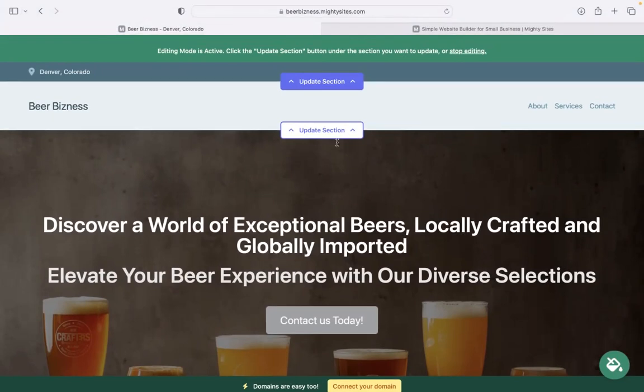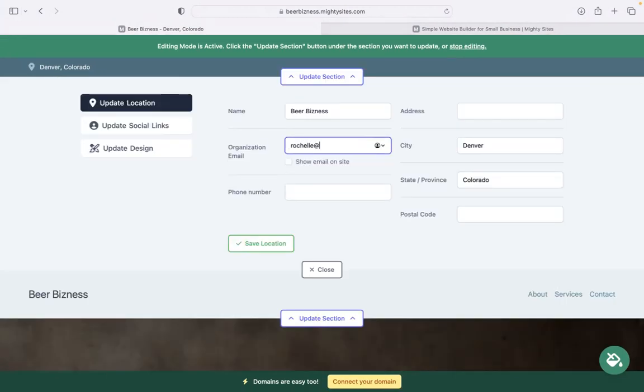I'm going to click on the first section at the top, pop in my email address over here. I want to make sure that that's visible to my customers. So I'm going to go ahead and tick that box. Excellent. Let's pop in our phone number over here. That's click to call, by the way, and our address, our physical location. You can put that in over there as well. When your website's live, your customers can actually click on that address and be taken directly to Google Maps